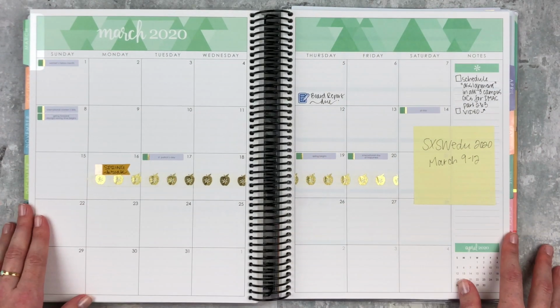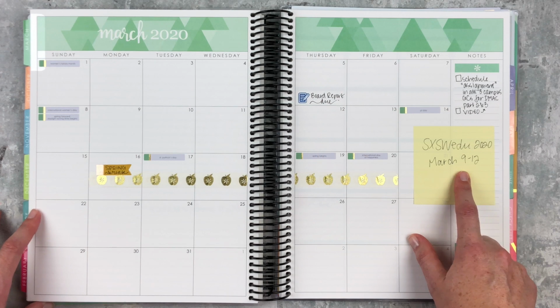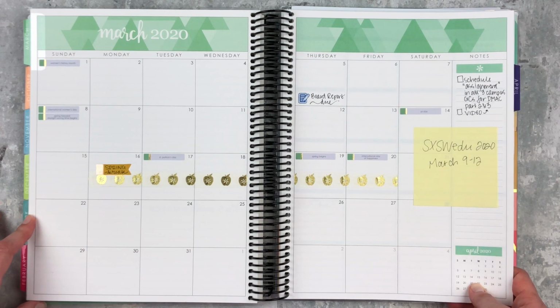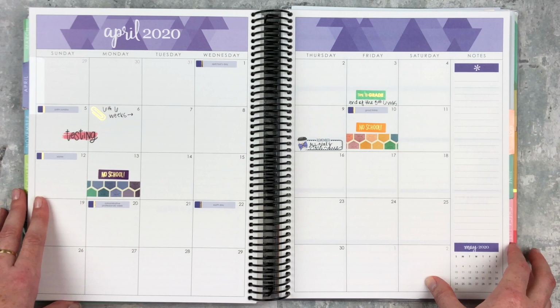Here is March. This is a conference that I've been to the past couple of years, and I'm hoping to go again. I don't know if we have the money for it. Hopefully we do. I'm going to ask about it probably next week. And then here is April